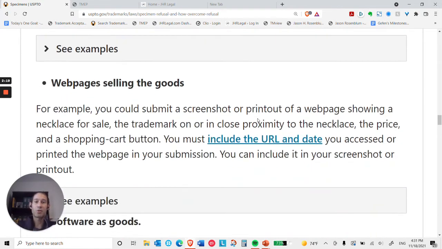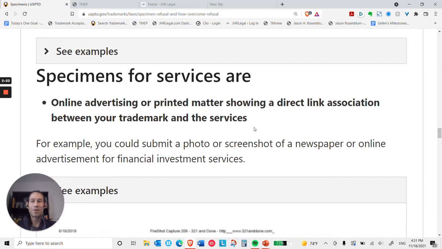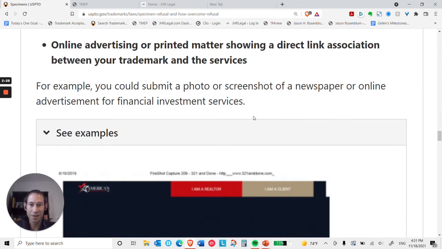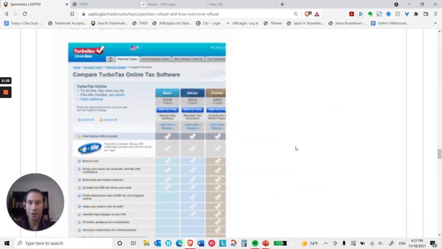For services, it's generally a little harder because sometimes you don't necessarily always have a specimen that shows all the services that you're using it in connection with, or the products. But usually one of the best specimens for service is your website. On your website, you want to have the mark itself. So say here it was TurboTax, and then a way to buy information about the product